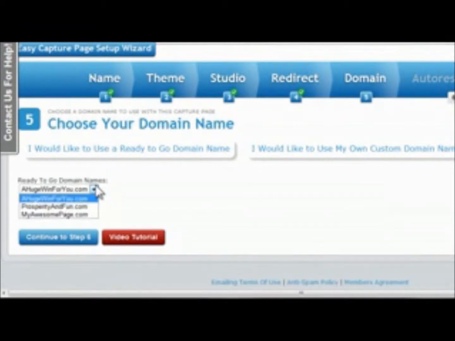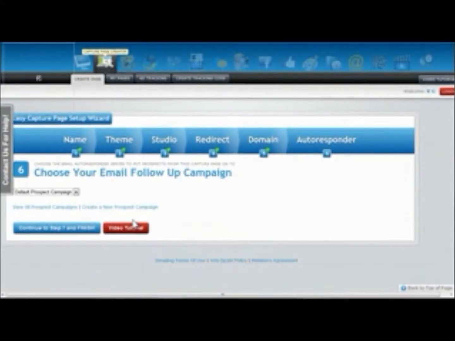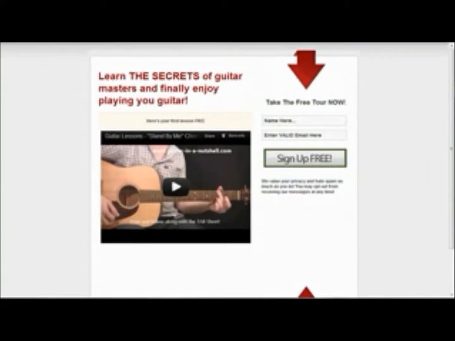You have some preset domains. A huge win for you, prosperity and fun, myawesomepage.com. I like that one. You can use your custom domain too. After you've done that, you continue to step 6, which will tell you to the autoresponder options, which is the series of emails this lead is going to receive after they opt in. So default prospect campaign or any variations you may have set in the autoresponder. We'll see that when we check the autoresponder tool. That's it. Continue to step 7 and finish, and you have created your opt-in page, which of course you can